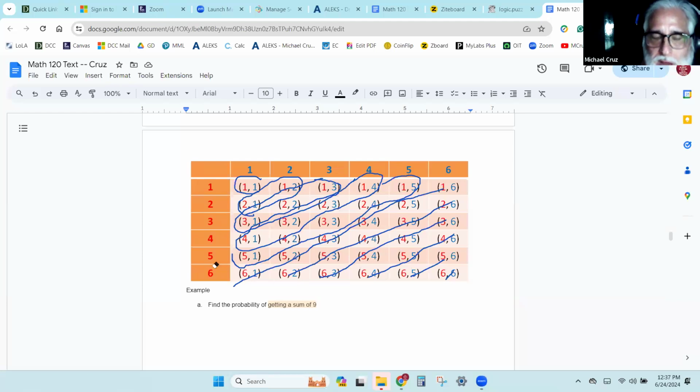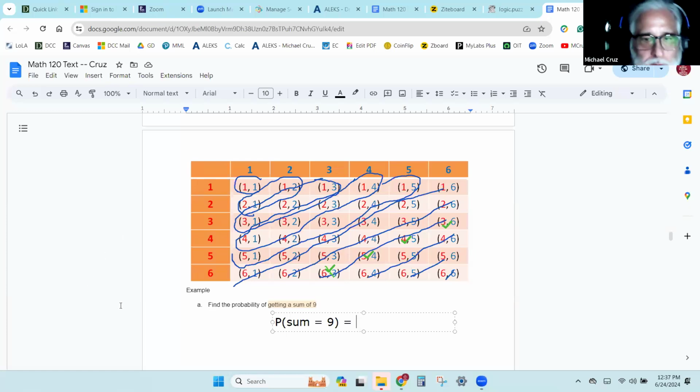All right, so probability of getting a 9. Well, let's put a little check mark wherever there's a 9. Well, here's 6 and 3 is 9. 5 and 4 is 9. 4 and 5 is 9. And 3 and 6 is 9. So all of those on that row are equal to 9. So that's the probability of the sum equal to 9